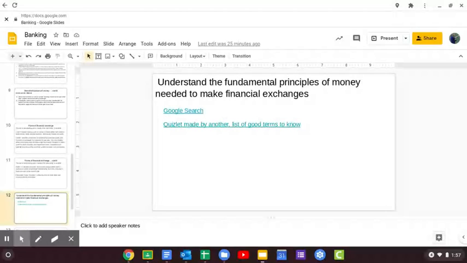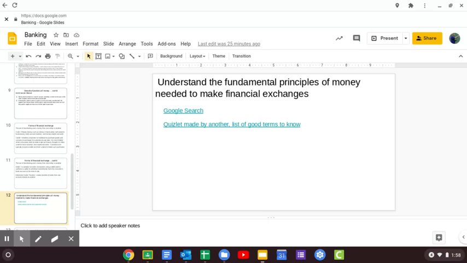Yesterday, we talked about understanding the fundamental principles of money needed to make financial exchanges. Like we said, you got to have something to start with. You're going to have money to make these exchanges possible. You want something, you want to go buy it, you're going to need money. Let's be honest. You could barter things. I have an item, but that has to go on the premise, the double want premise. I can only trade you my couch and say it's worth something if you really need the couch. That value doesn't have anything.